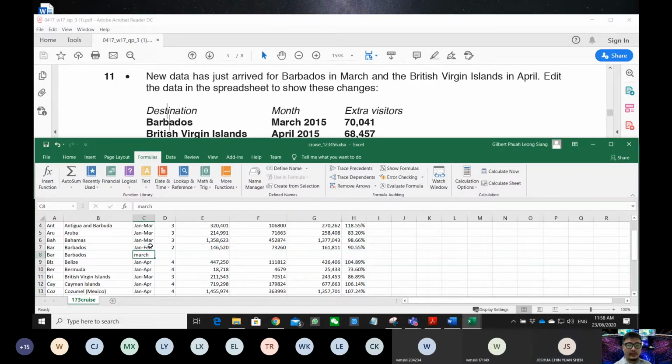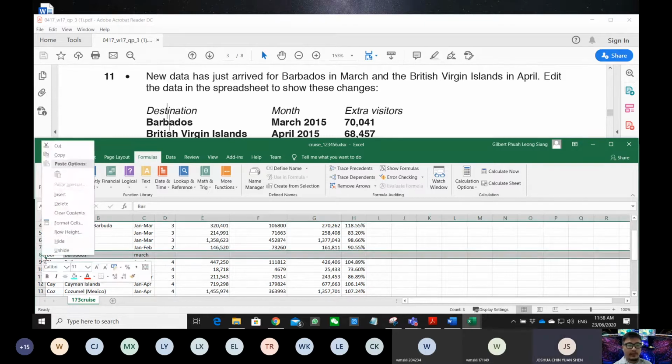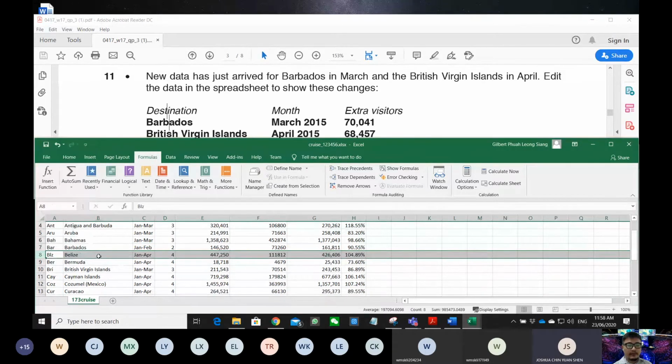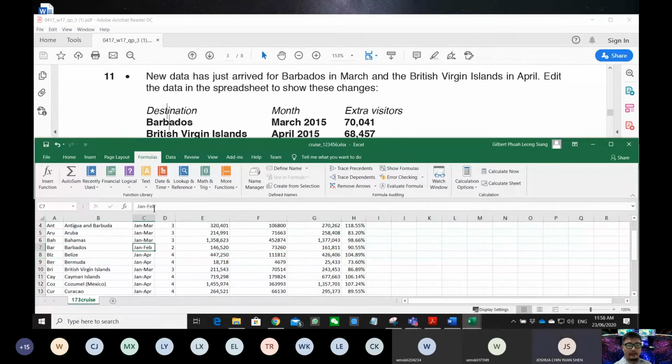Or Jan to March. Okay, I'm wrong, I will let you know later if I'm wrong. This one you just go until MAR. Okay, so this will be 3 months,